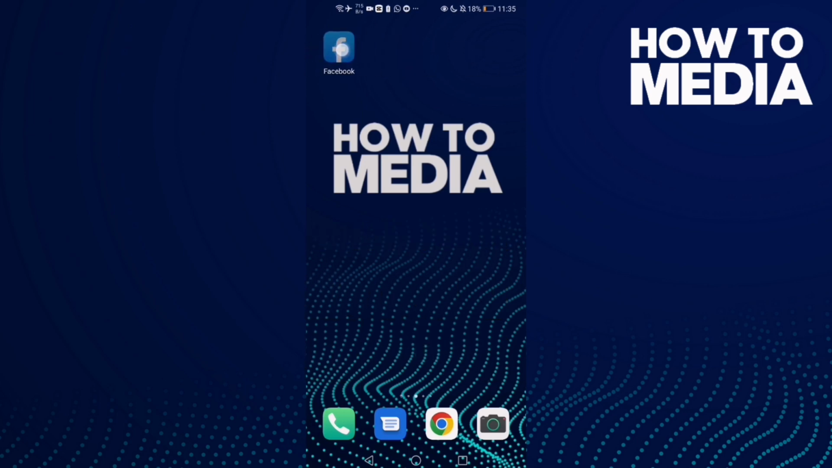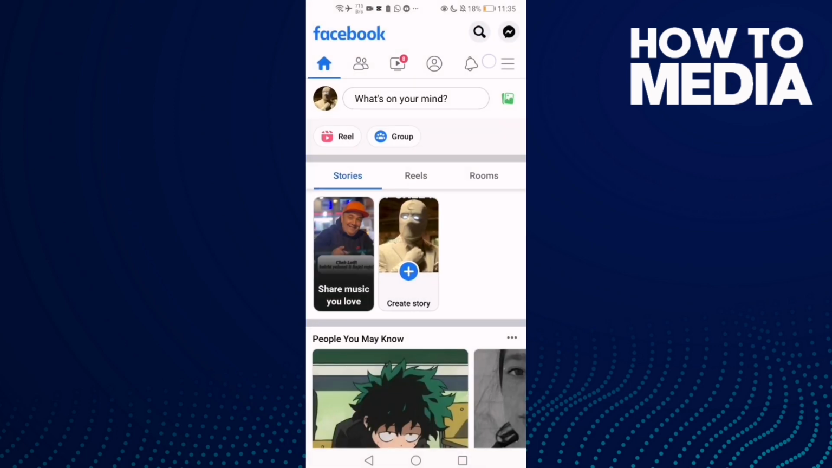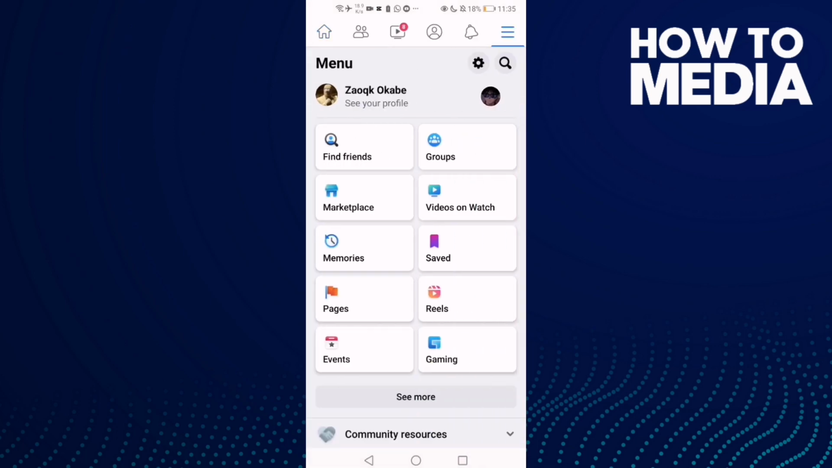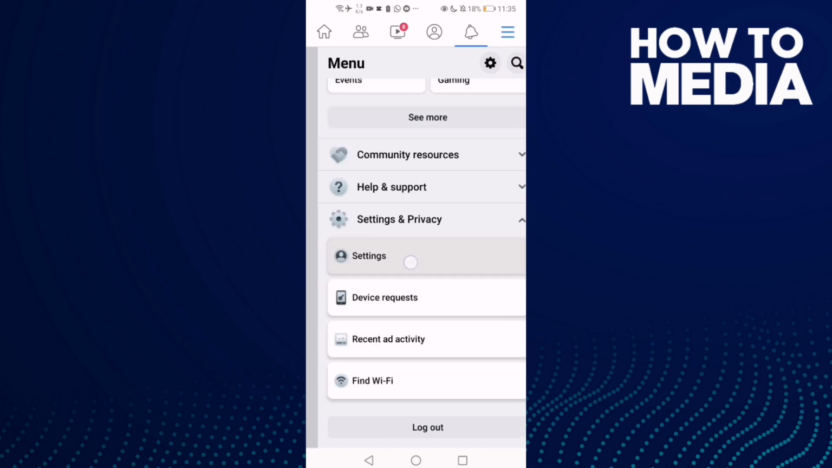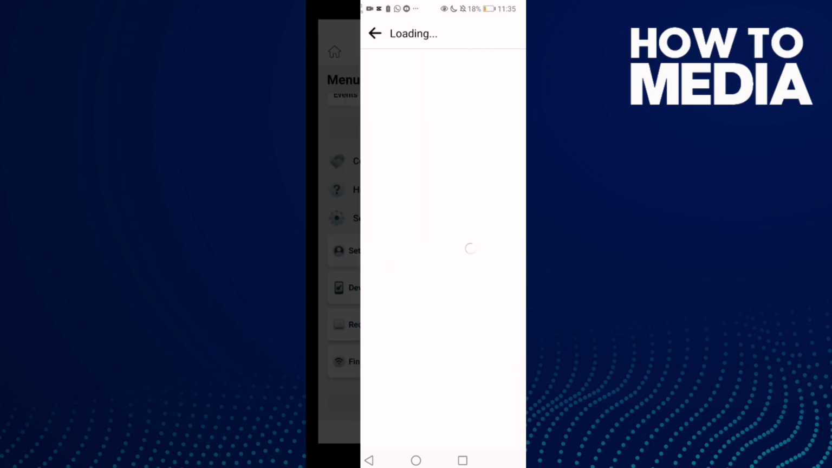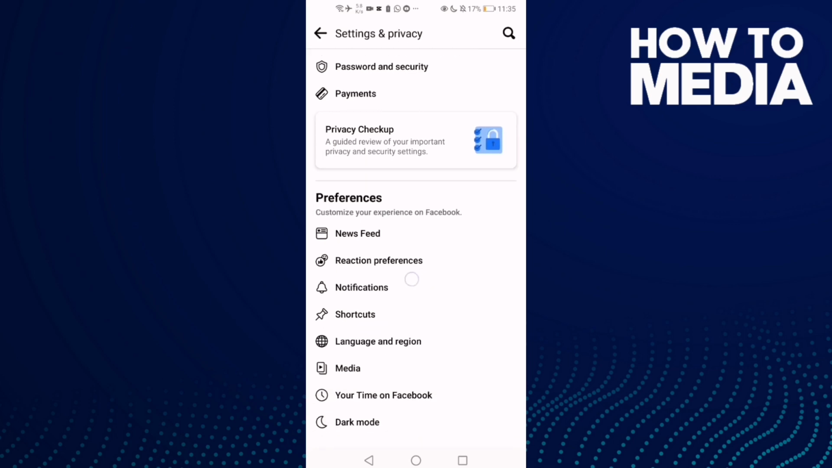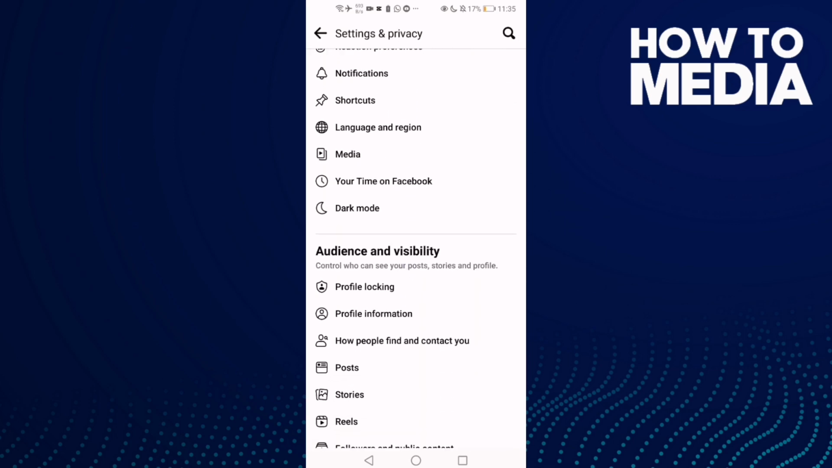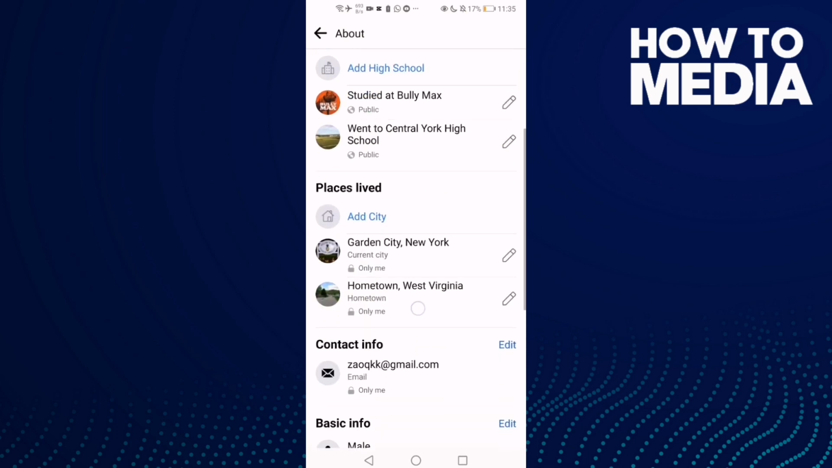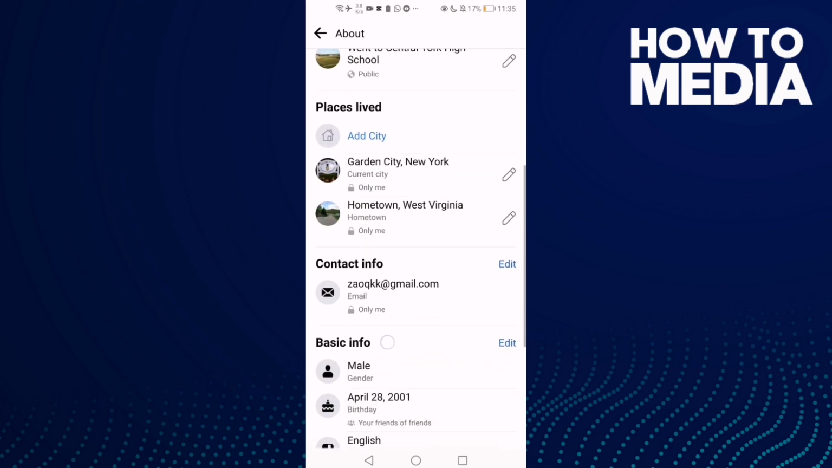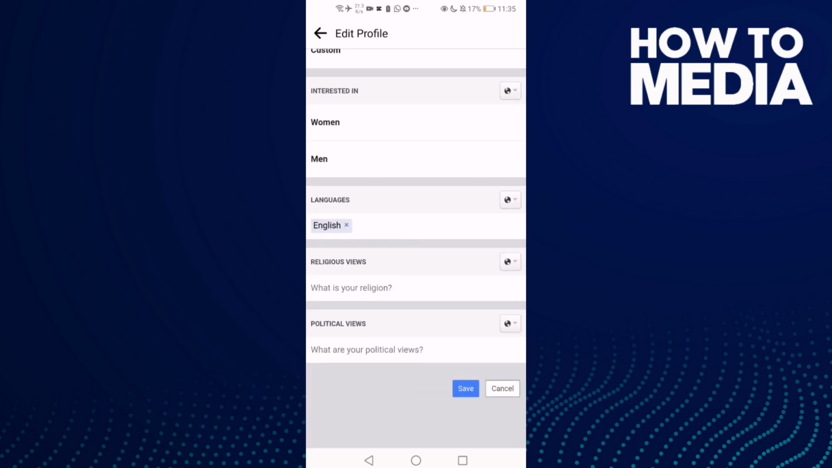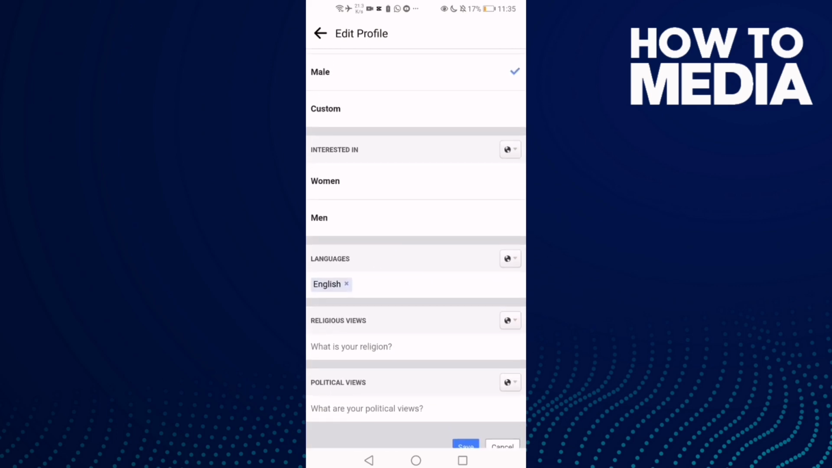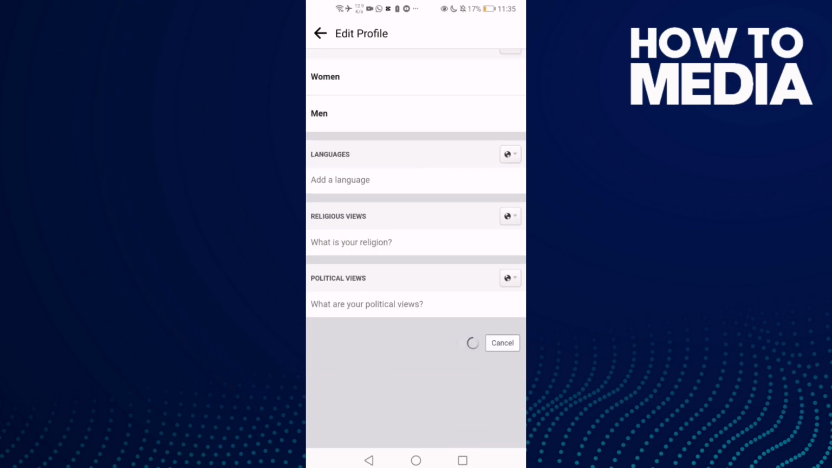First thing, go to Facebook and now click these three lines here and go down and click settings and privacy, and then click settings, and now go down into your find profile information, basic info, and click edit, and then just go to your languages and click X icon and then save,